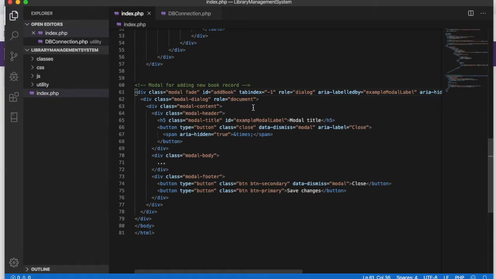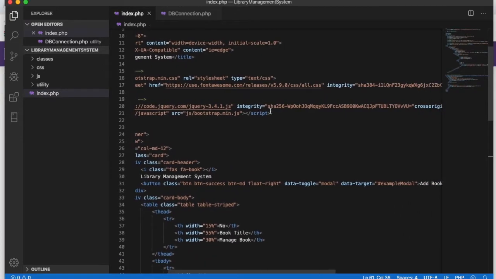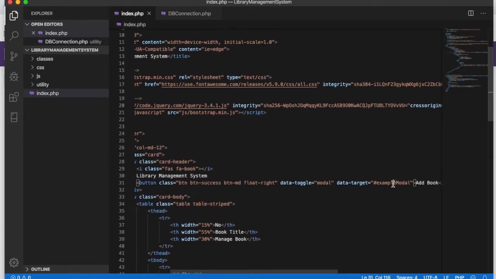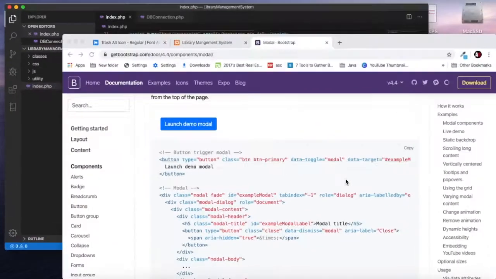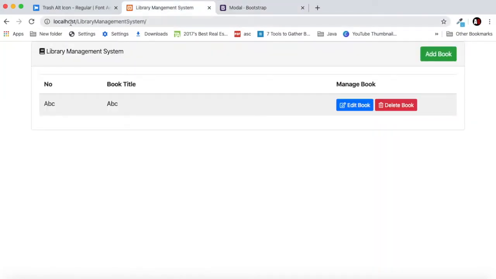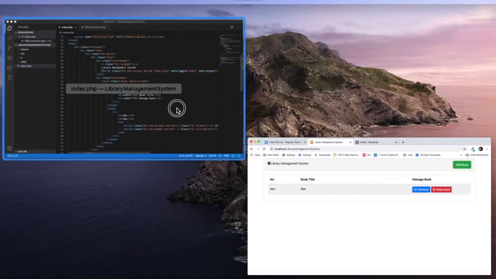Let's go to here, and we will refer to our add book modal. Let's save this, and let's check once if our modal is working correctly. Let's refresh this. If I click here, the modal is coming here. So this is what we need. Let's go back to our page,